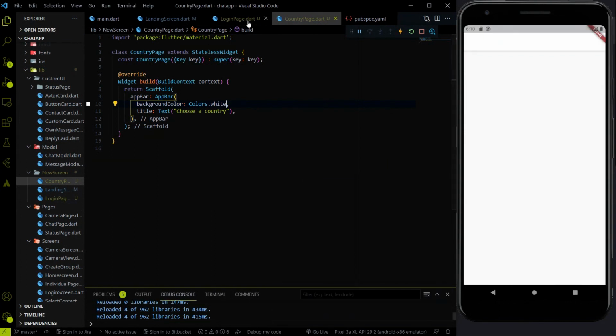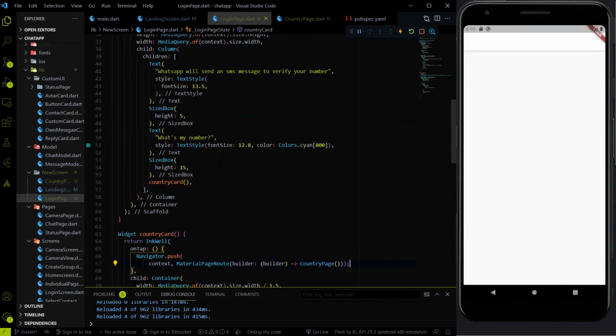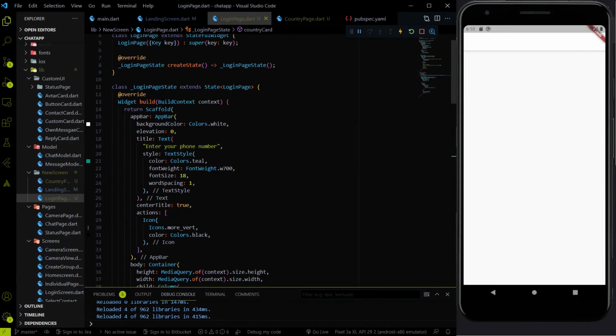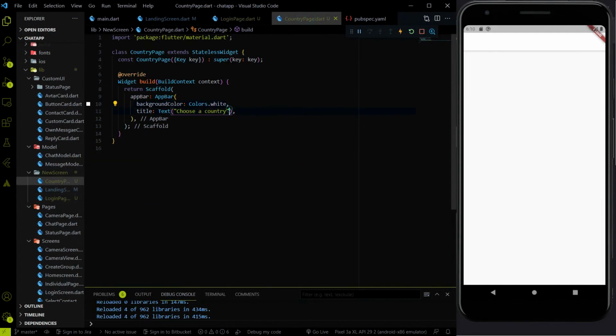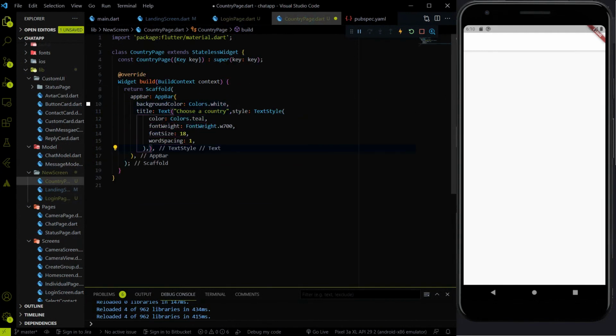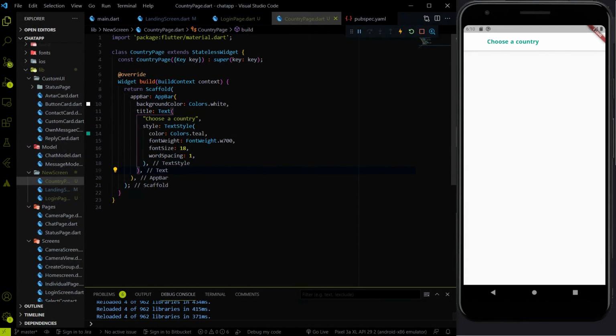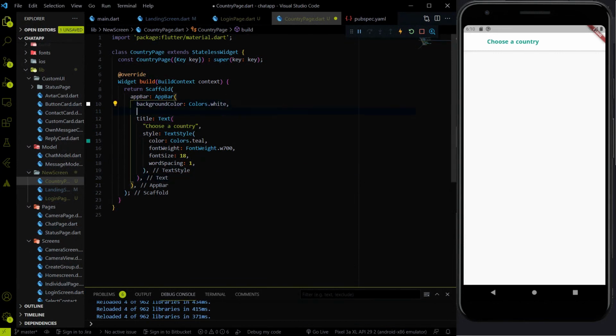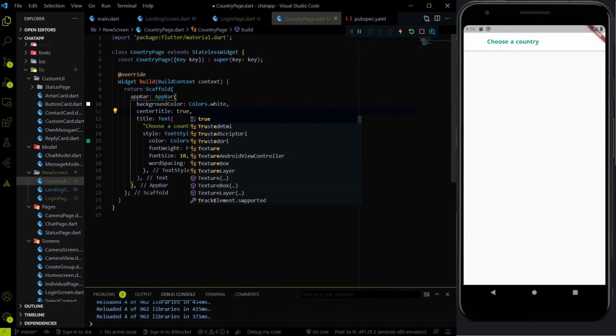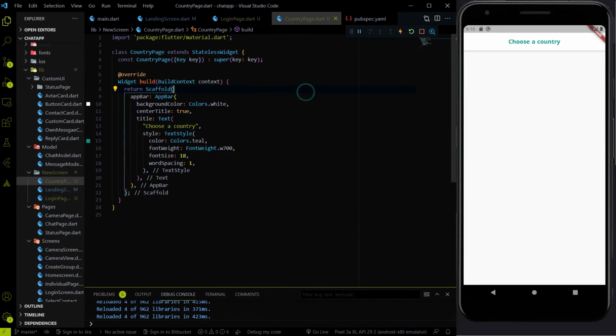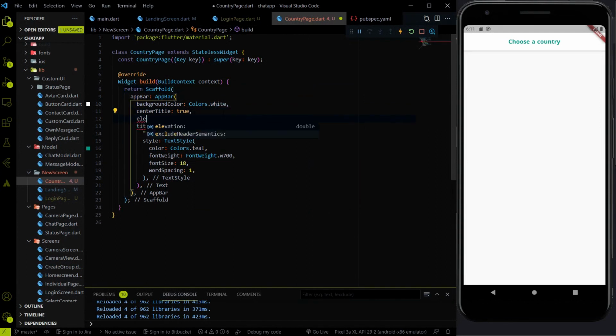So what I'm going to do is copy the app bar style like this and use it over here, and let me save. Also I have to center the title, so let me set centerTitle to true, and the elevation will be 0,